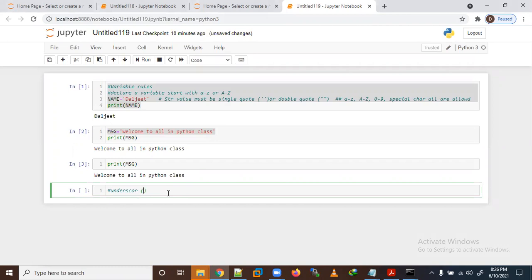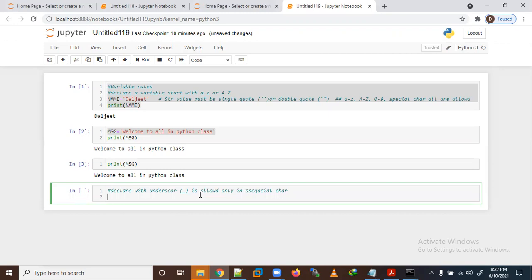So declaring with an underscore is allowed only in special characters. For example, let me declare an underscore and I'm putting a value here.